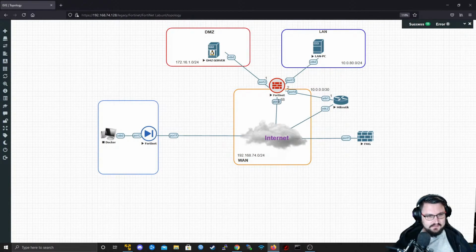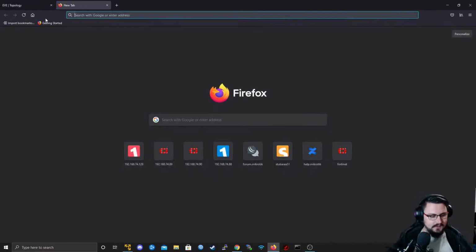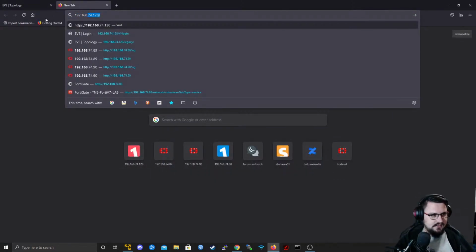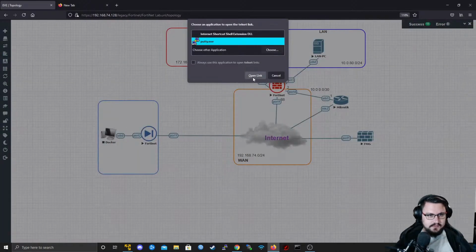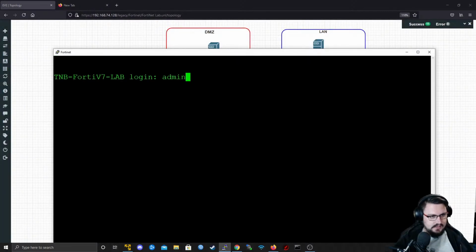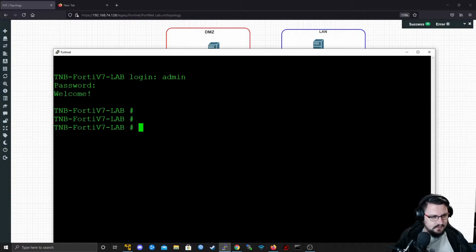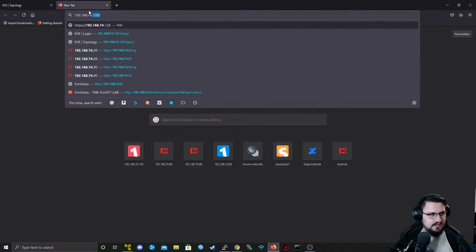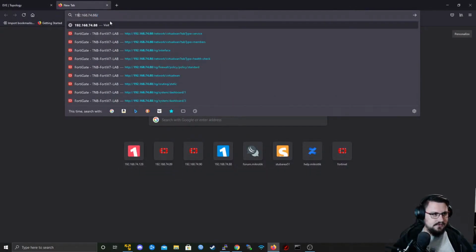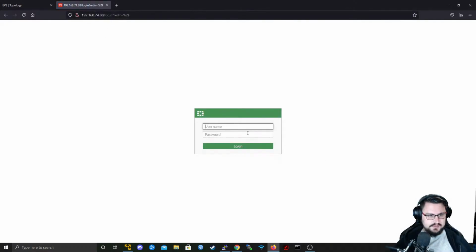Let's just quickly see if I can access this red FortiGate. So I'll go to its IP 192.168.74. I think I updated that IP actually. Let's just quickly check on the command line what it is. Admin password. Show system int. I'm just looking for port 1. Okay, so the IP is .88, and we're just going to connect on to port on HTTP, because HTTPS doesn't work because of the SSL encryption that doesn't work with the trial license. All right,